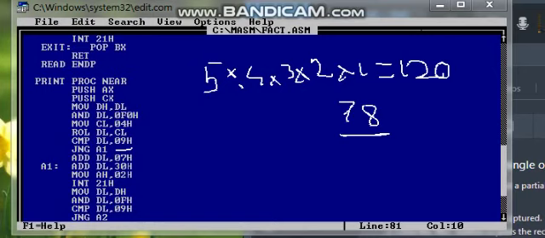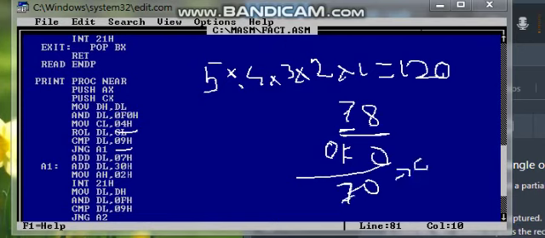If we want to print this 78, first we will print 7. That is why we have to AND it with 0F0h. Then it will generate our input as 70, but we require 7. So a counter of 4 is taken here, and it will rotate this 70 and make it 07.